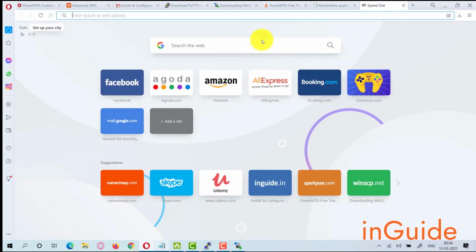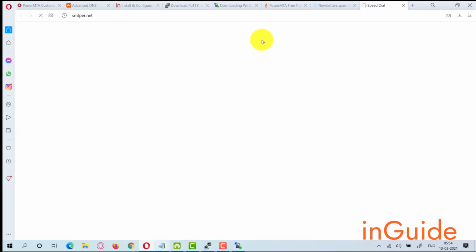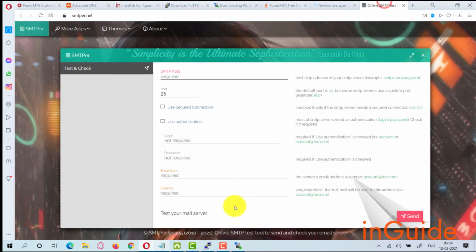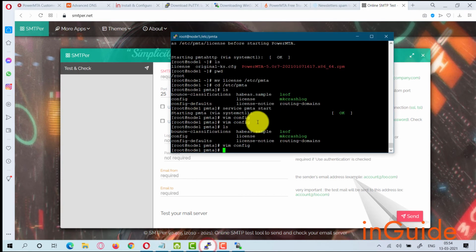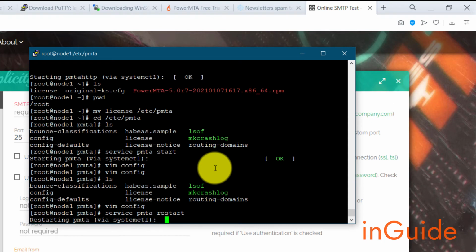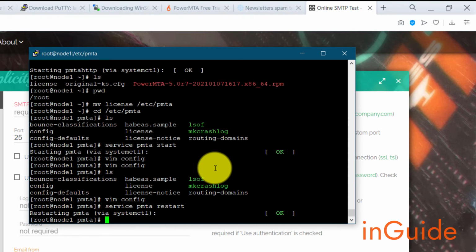Now for that I am going to open 2 websites. One is Mailtester and another is SMTPR. But before sending emails out, we need to restart PowerMTA. So let's go back to the command window and type service pmta restart. Now PowerMTA has been restarted.